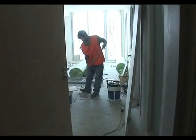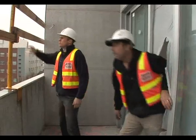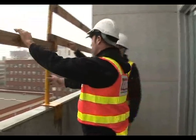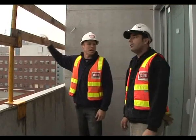The upper levels haven't yet been fully fitted out as apartments. Duncan and Sean check the balcony areas closely as there is still extensive work to be undertaken there. Still secure. Obviously we have to use the KD pines, unsafe. We've got them up there just while the guys are...